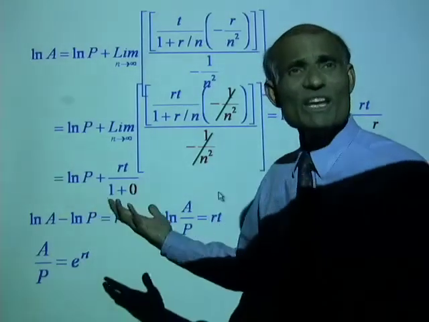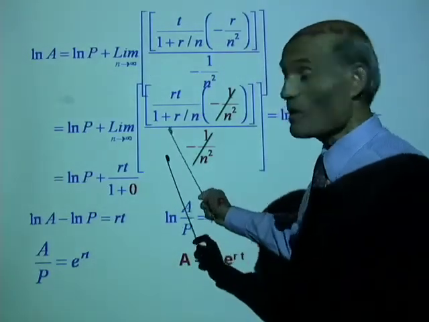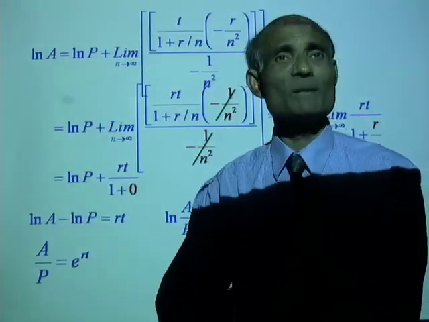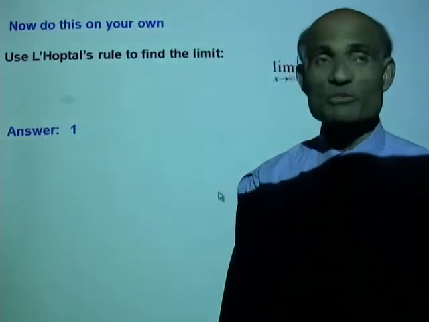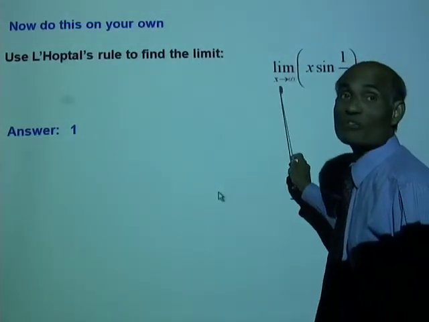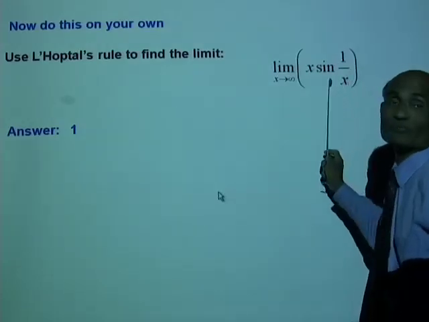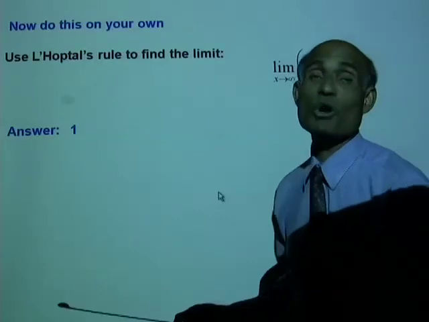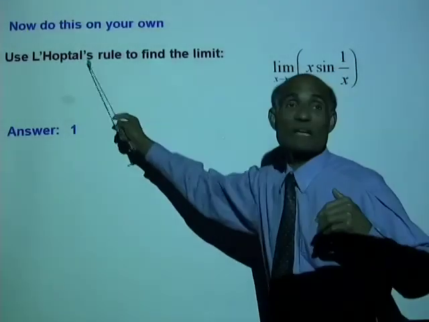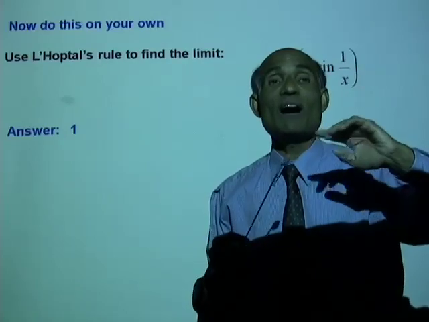Now this is a very interesting and an important type of problem. I want you to go back and maybe try some of these steps on your own. Alright? Okay, now try and do this on your own. Use L'Hopital's rule to find the limit as x approaches infinity of x sine 1 over x. I'll give you a clue. The clue is, in order to use L'Hopital's rule, you must have the expression of the form f of x over g of x, and a direct substitution